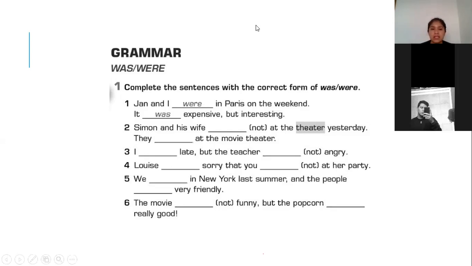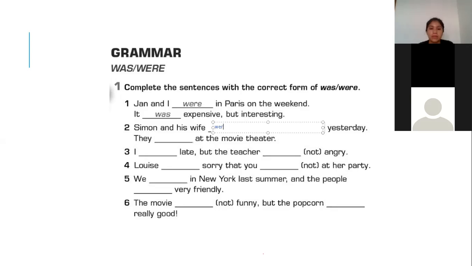Okay, so in this case, I have a negative. It says here, Simon and his wife, and then it has to be negative. How would it be? Weren't. Weren't, thank you. Simon and his wife weren't at the theater yesterday. They, affirmative. Was, sorry, were. They were